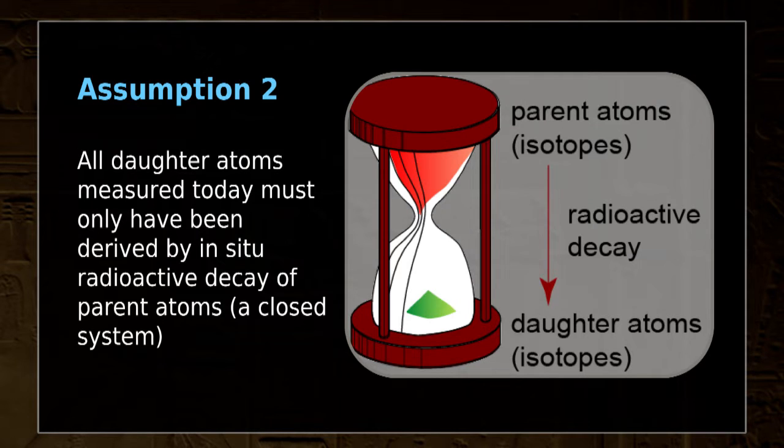So here the rocks have been sitting out at the Earth's surface for supposedly millions of years. Were the geologists there for millions of years to check that there was no contamination? Now, for example, uranium is very soluble in water, and so uranium can be leached from rocks. It can be added to rocks. I mean, that's how ore deposits are formed, by water concentrating these elements. So the geologists weren't there for millions of years to check that there's been no contamination.